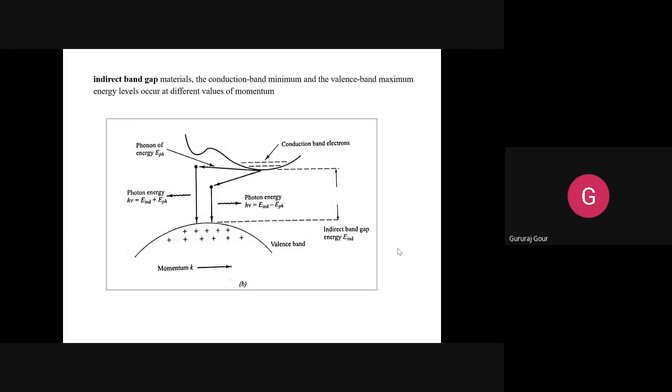Because of the variation in the energy levels in the conduction and valence bands, in the case of indirect band gap materials, it is clearly visible in the figure that on one side the energies will be added and on the other side it will be decreased by subtraction. So they are emitting the photons, that is actually known as a radiation.